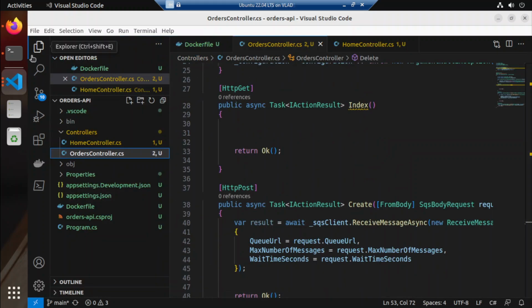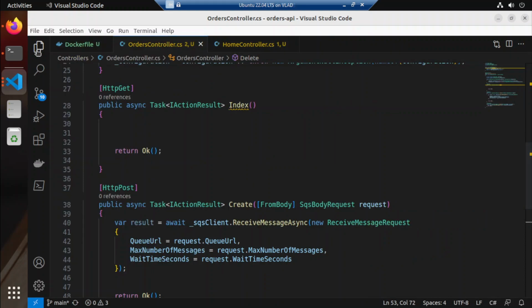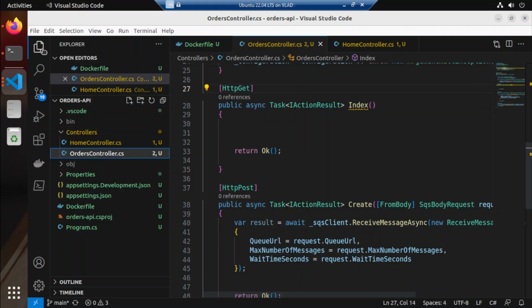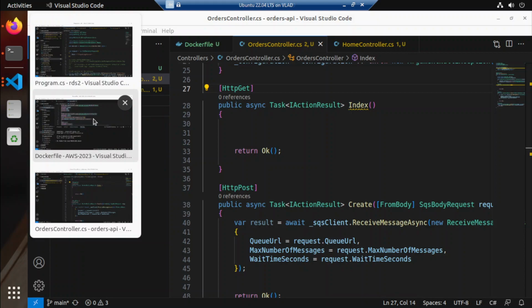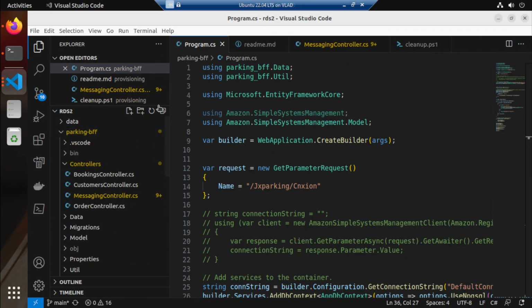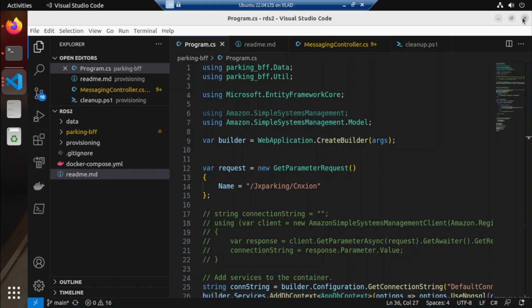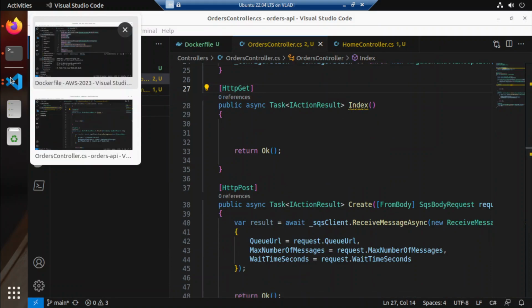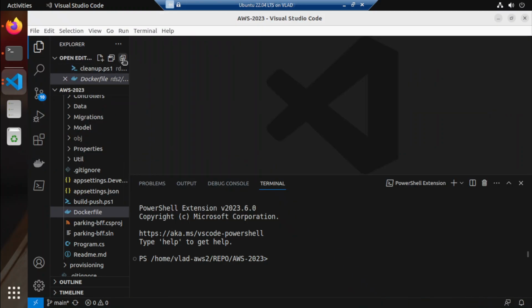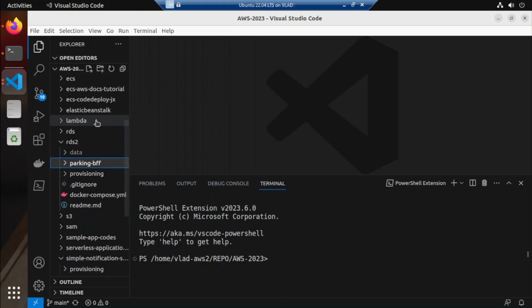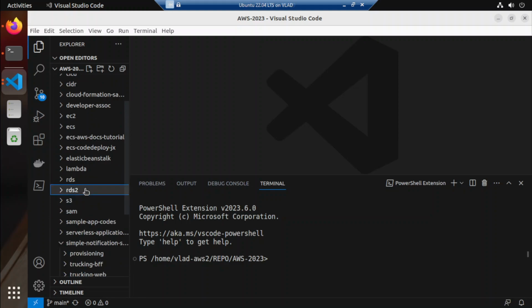Okay, so we're good, and we want to provision. We want to push this to ECR, and we want to have another set of provisioning. We just copy and paste, but we want to have a, what's this? This is the RDS thing. Let's close that. And where's our, yeah, this one here. This is what we want. And our SQS,